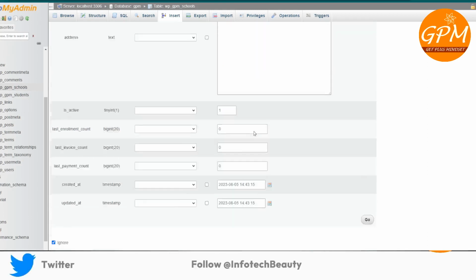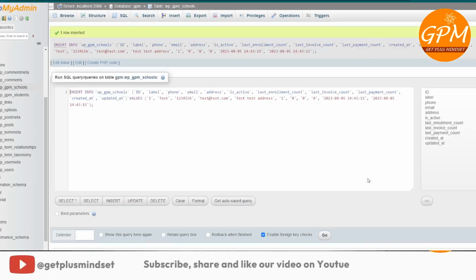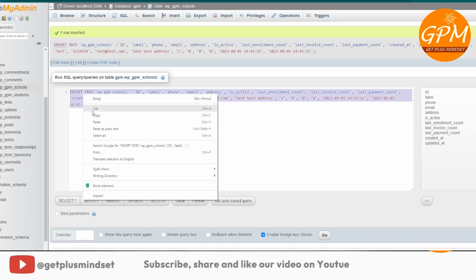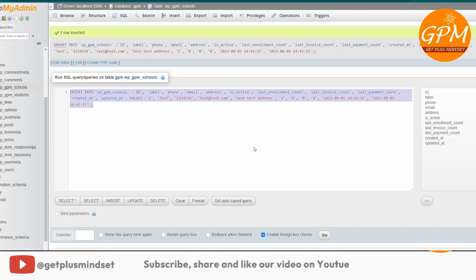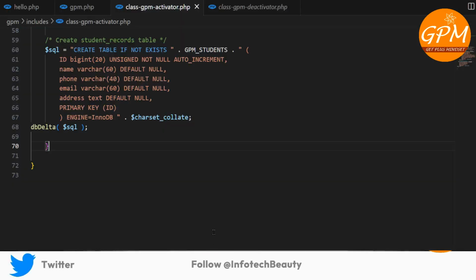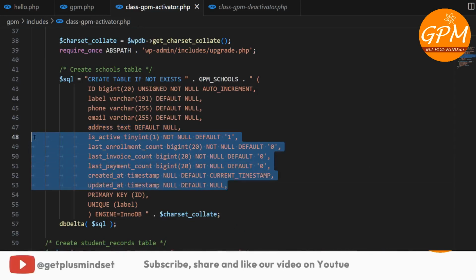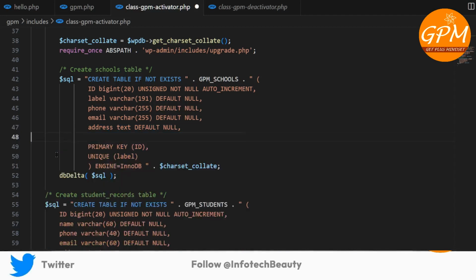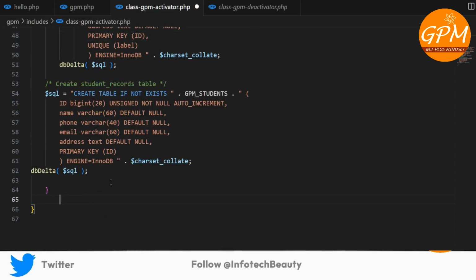init. init fires when WordPress finishes loading, allowing you to add custom initial code. wp_loaded fires after WordPress has fully loaded and all plugins are loaded. Then admin_init fires after all the hooks when admin is initiated. So here we have fixed the SQL structure for the school. We are removing some unused